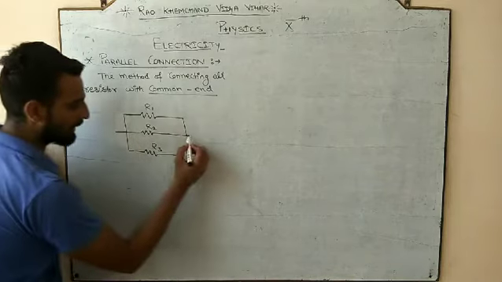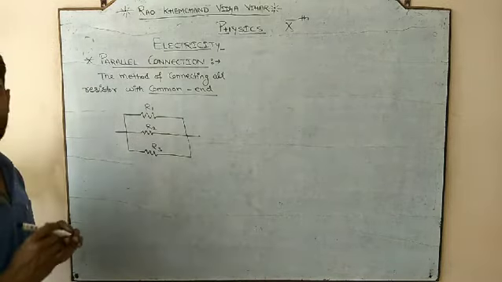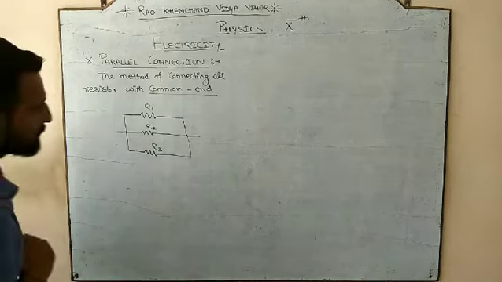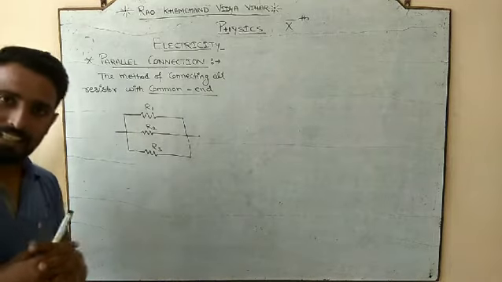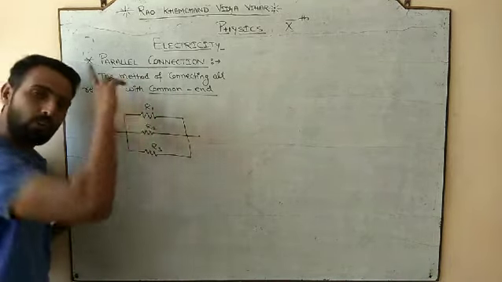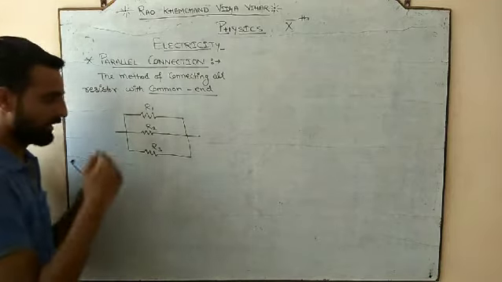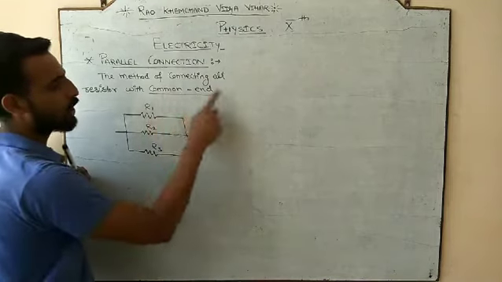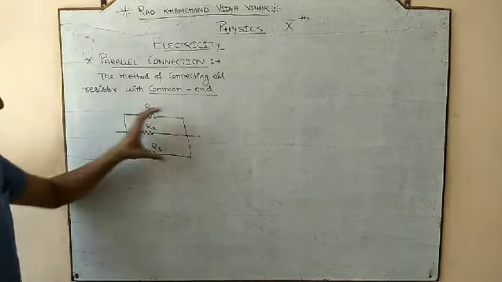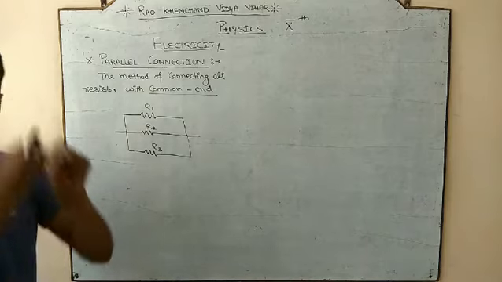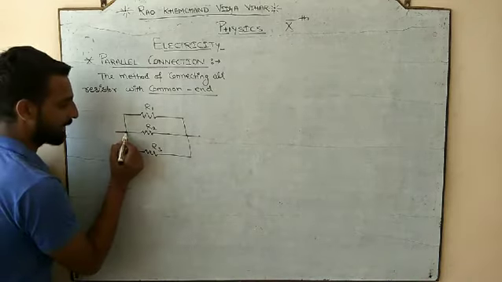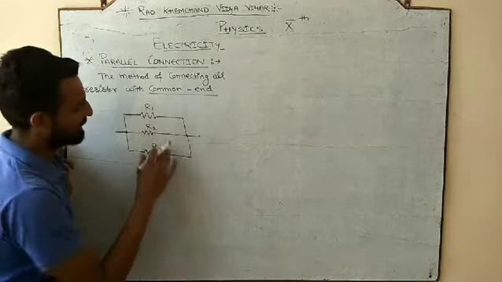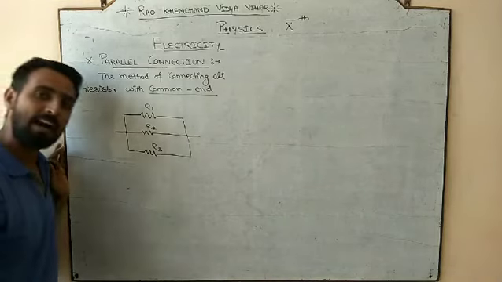So what is common everywhere? In this type of connection, all the three resistors are connected with a common end. Okay, in series it was end to end. One end of the first connected with the second and so on. But here they are connected with common ends. Means the terminals of all the three resistors are common. All of them come and connect at the same terminal. This end is connected with R1, R2, R3, and in the same manner. And this type of connection is called parallel connection.